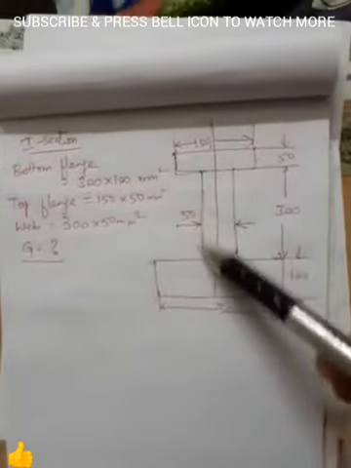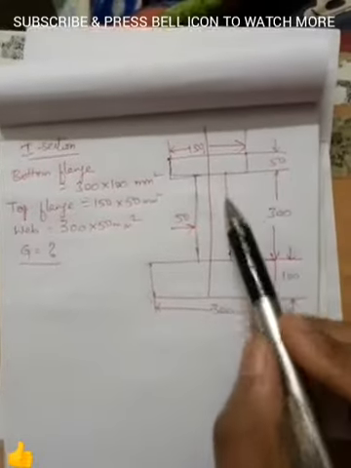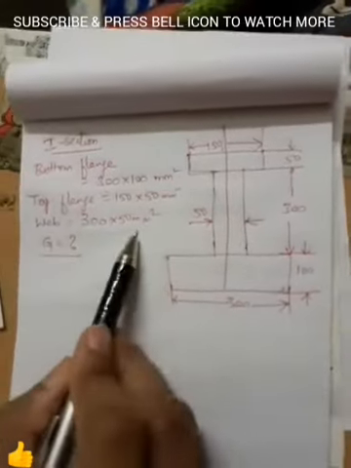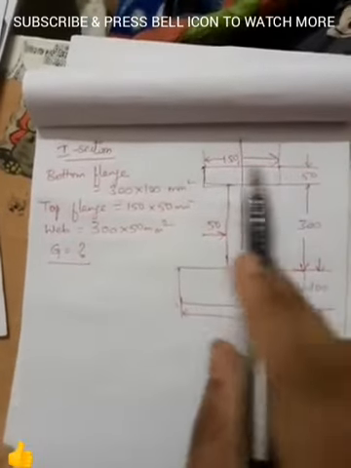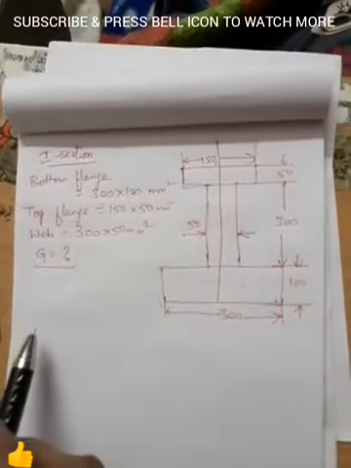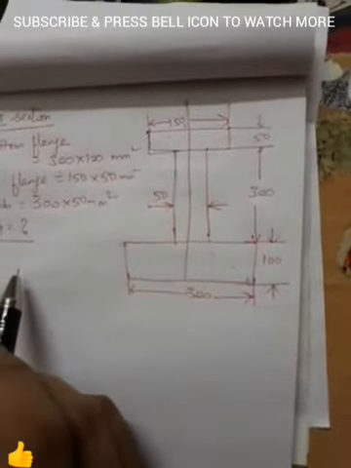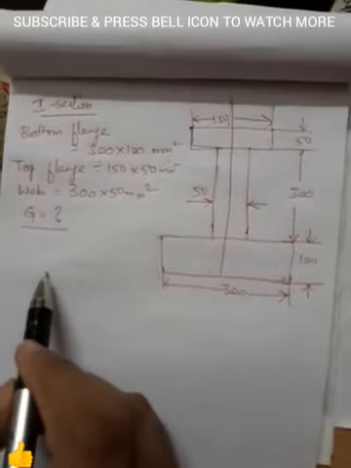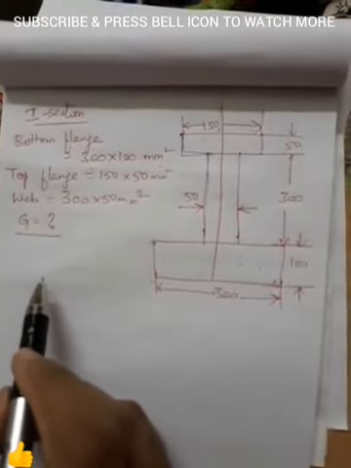the portion joining these two flanges is called the web. This is the web, so this is given as 300 by 50. Alright, what is asked is to find the centroid of this particular area. Now let us be very clear about one particular thing. We already mentioned that centroid is nothing but where all the area is supposed to be concentrated.